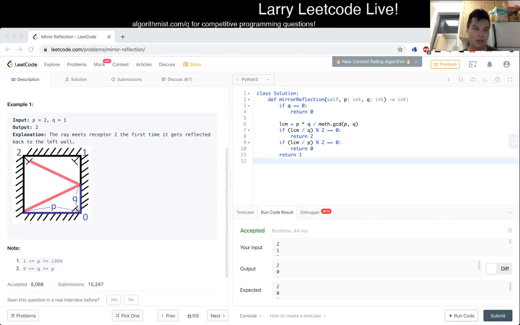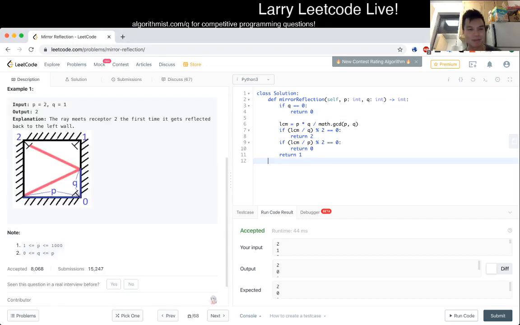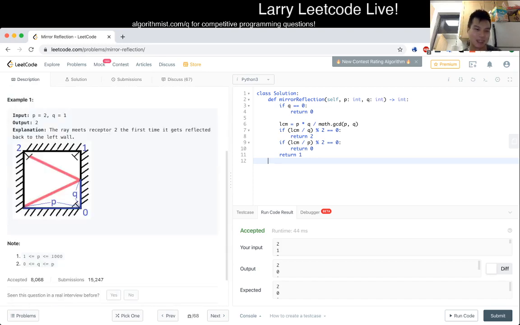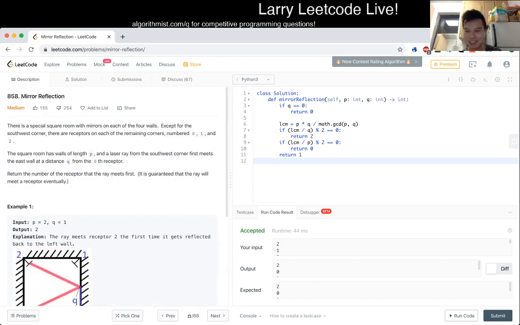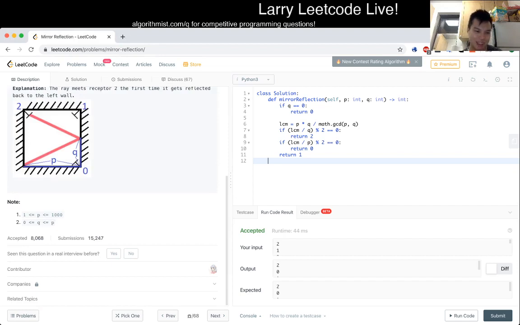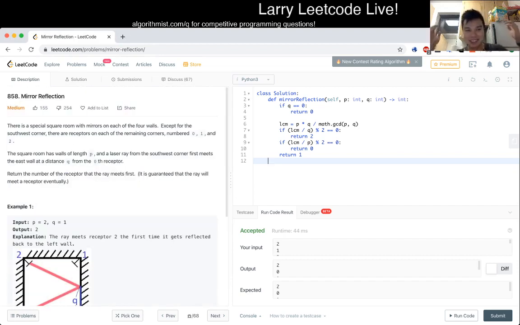Cool. Yeah, overall probably a very, I don't know. You could think of this either as a geometry problem or a mathy number theory problem, both of which I do not expect to be on an interview. But I don't know. I'm not sure about the companies, but last time I said that, someone said that this was an interview question, so I don't know. But I would not expect it, and probably there are better things you could study than this problem in any case, unless you're really good at everything else, then maybe you could play around with this problem. But yeah,